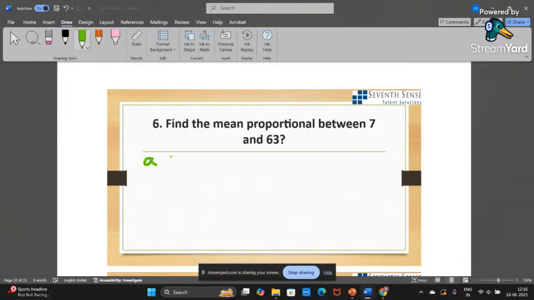So A, B, C. So we know this is 7 and this 63 is C, because we need to find the mean of this. So mean is nothing but